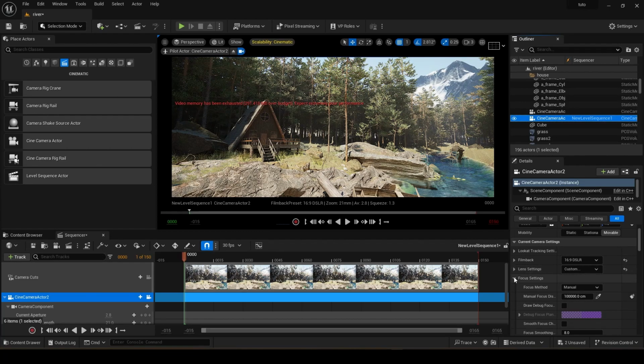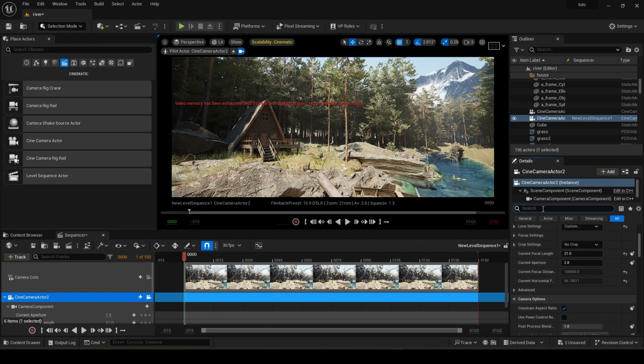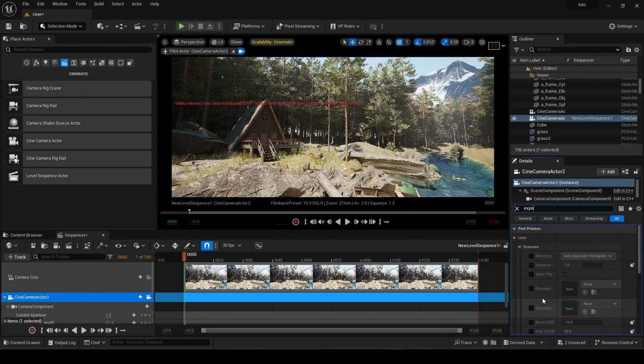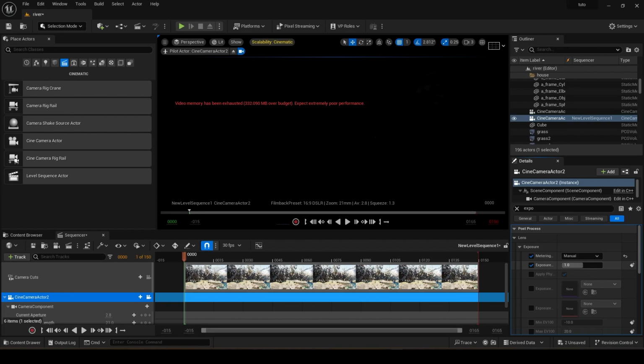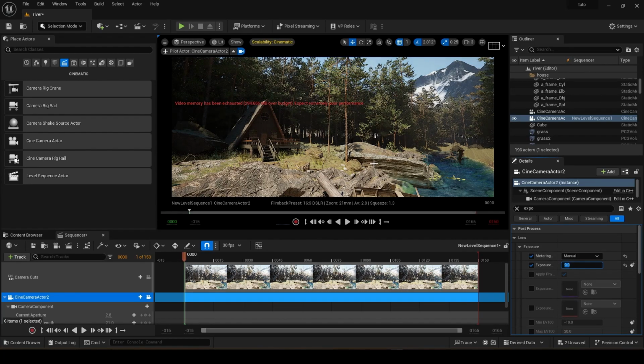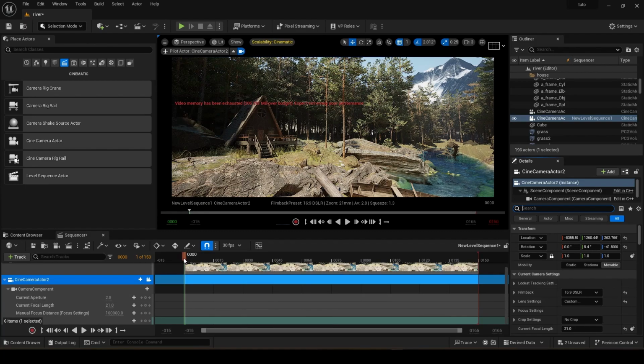So just go down and actually we can search here like exposure. Okay, and just enable this both and I will select this manual and just increase this little bit like 9. Okay, that's all. So after this let's animate our camera a little bit. So just keep this in our first frame